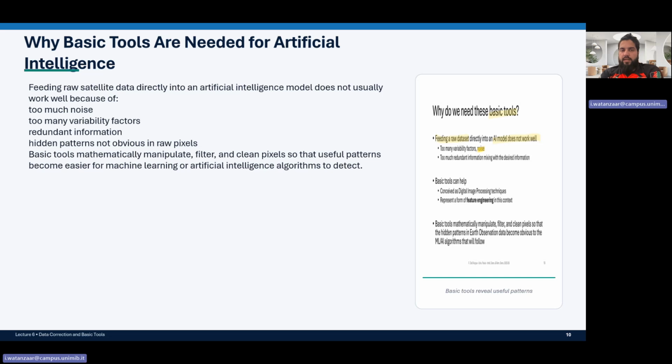Feeding raw satellite data directly into an artificial intelligence model does not usually work well because of too much noise, too many variability factors, and redundant information. This is why we remove the noise, variability factors, and redundant information, and reveal hidden patterns that are not obvious in the raw pixels. In raw pixels, it is really difficult for artificial intelligence to identify hidden patterns due to the high variability. So basic tools